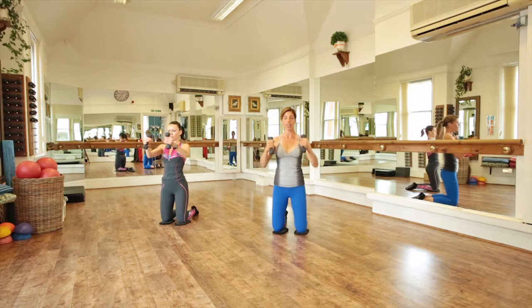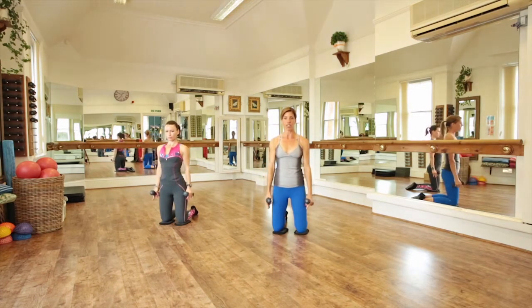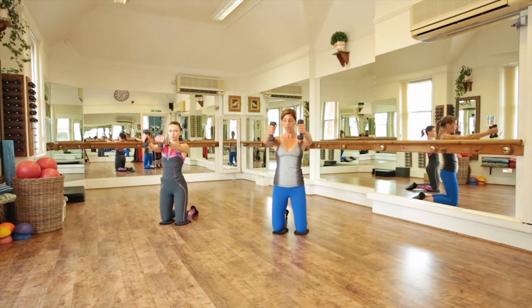And 2, and then last one, keep the weights out in front of you, just tiny little bend stretch, go. 8, and 7, really squeeze the arms, 6, 5, 4 more, 3, 2, and last one, lower the weights down, good. This time, bring them all the way back up, soften the elbows, and just take small circles outwards